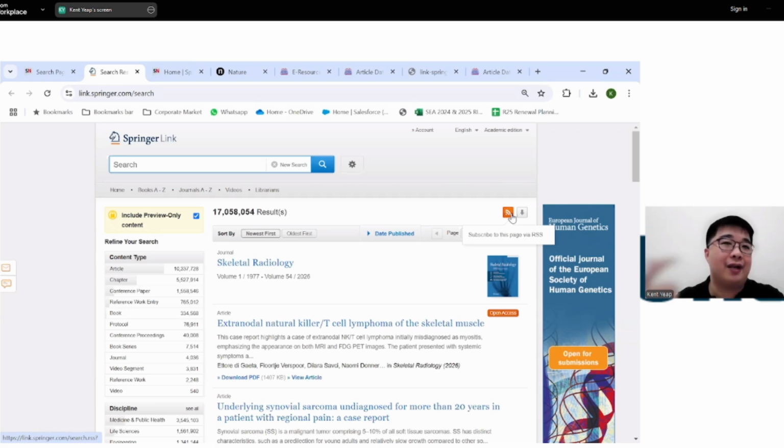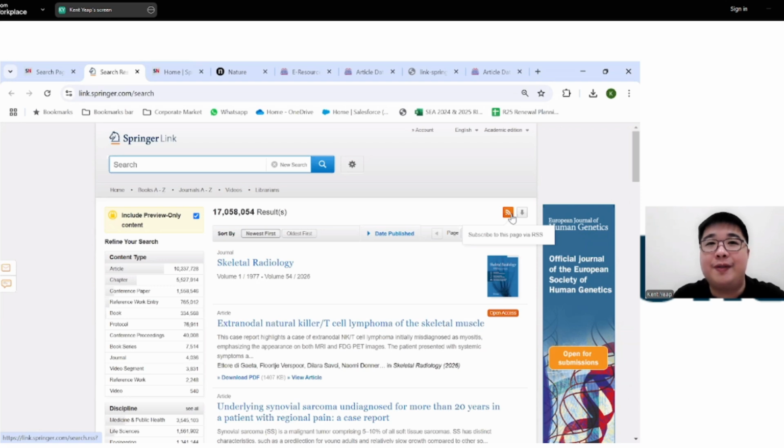But in case there's another one that comes out covered by this same exact results query, you can then sign on to this RSS, but you need that profile to be created on the platform so that you can get that RSS feed. And every time a new article that matches the search algorithm that you have created is published, you will get a notification on your email. So that's a very helpful way to stay in touch with the latest things that are happening.